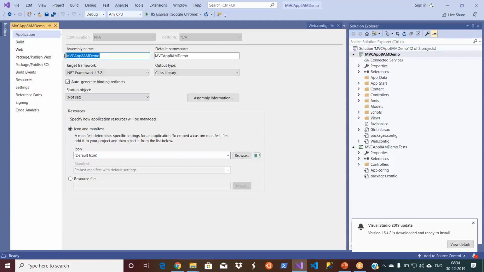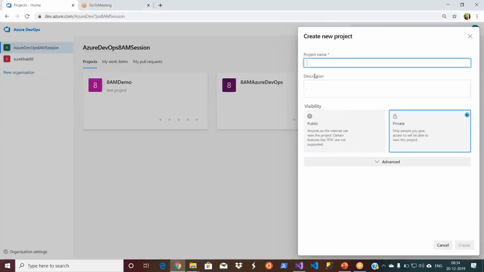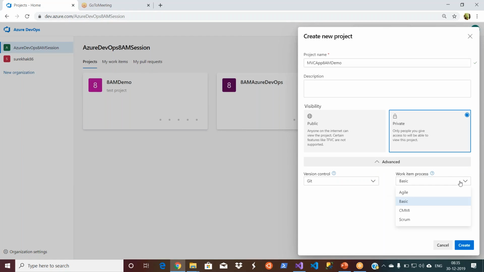I prefer to copy and paste rather than typing myself. So give the project name, the similar MVC ATM demo, and I'm making it private. Just open advanced, and I am going to use Git version control because this is distributed, and for the work item process I'm going to select Scrum. Just create.